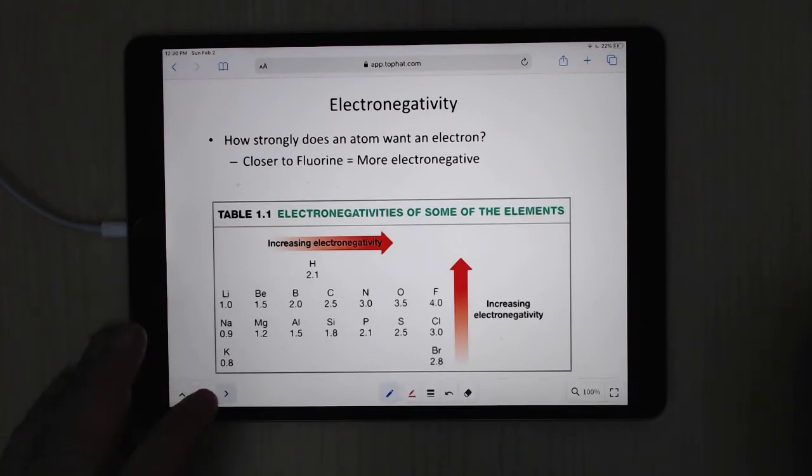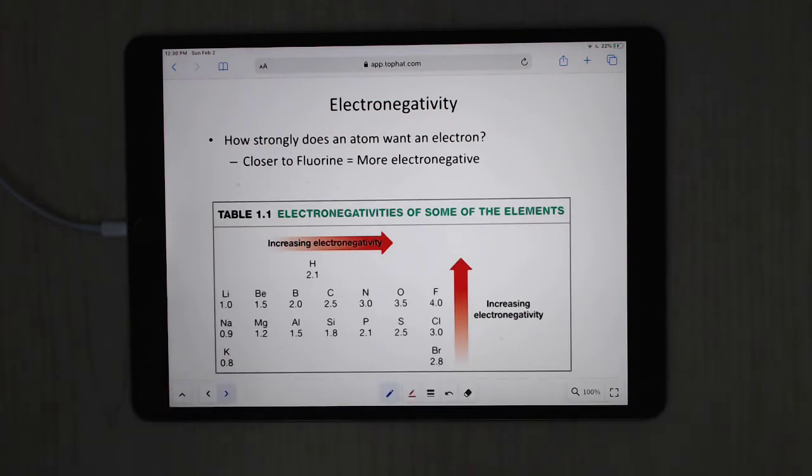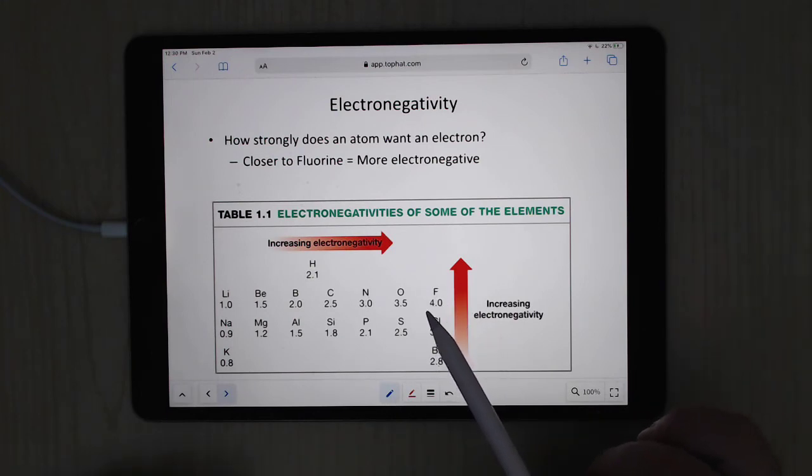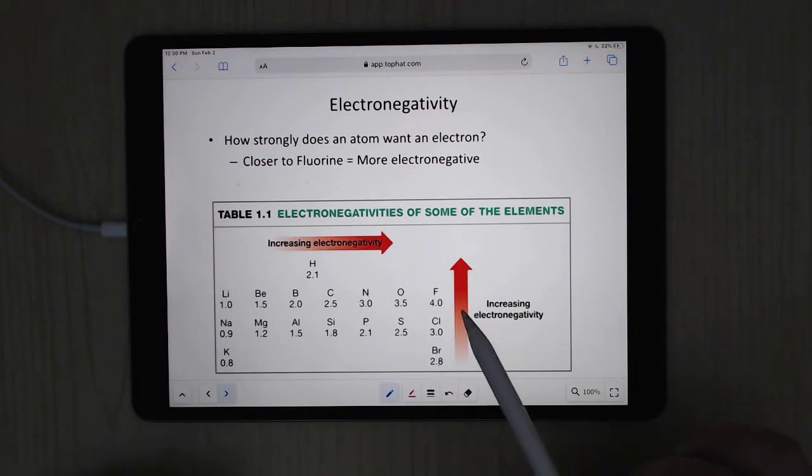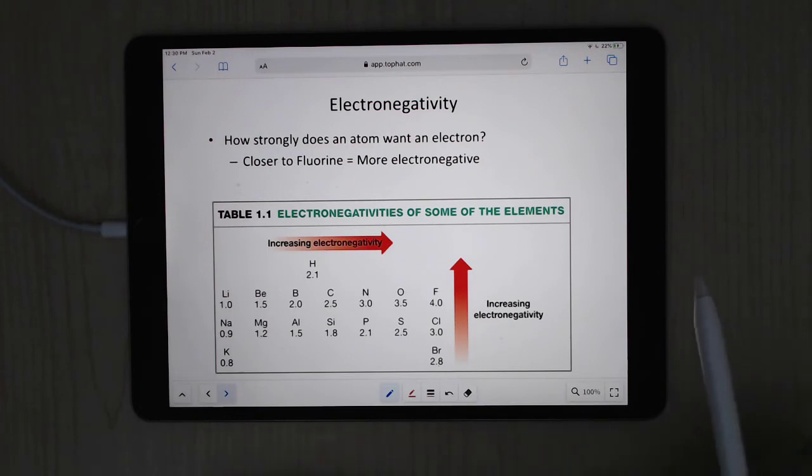But with nonmetals, you're going to get more of an issue of sharing, and how much an electron wants to be in one atom versus the other. It depends on what's called the electronegativity. You don't have to memorize this, but know the trend is that the closer it is to fluorine on the periodic table, the more electronegative it is, because remember, fluorine is one electron away from being the